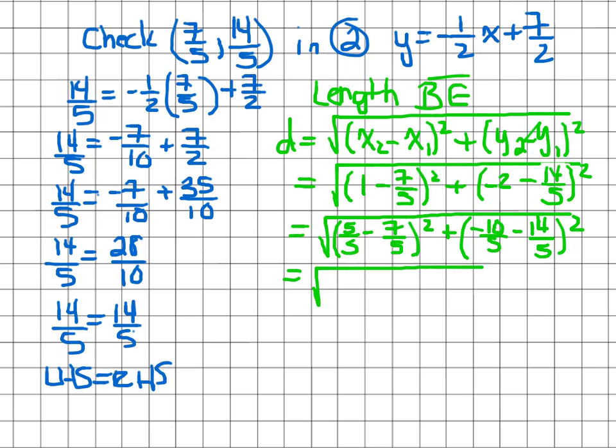And this is equal to minus 2 over 5 all squared plus this is minus 24 over 5 all squared, and that is the square root of